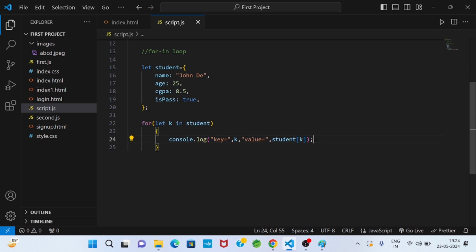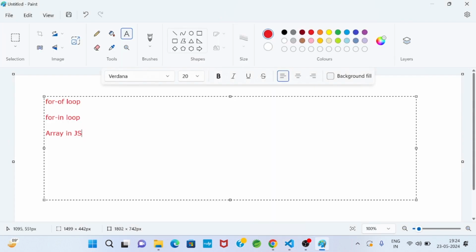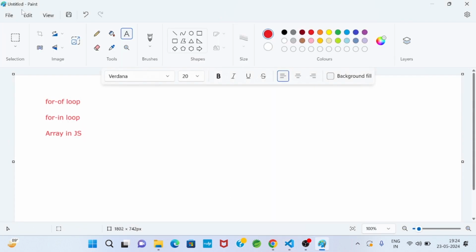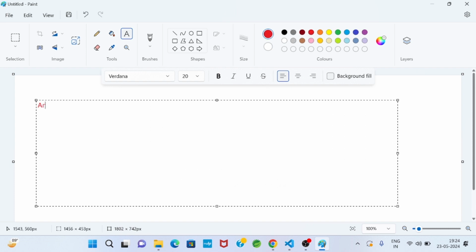Okay, then we will go to the next terminology, that is array. Array in JavaScript. The terminology array is very common in every programming language.